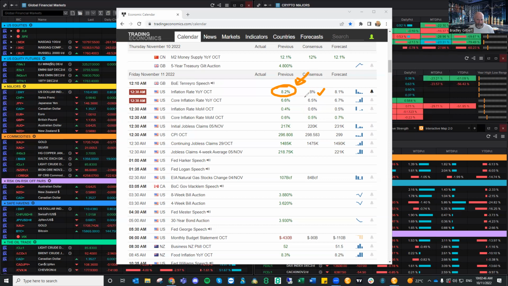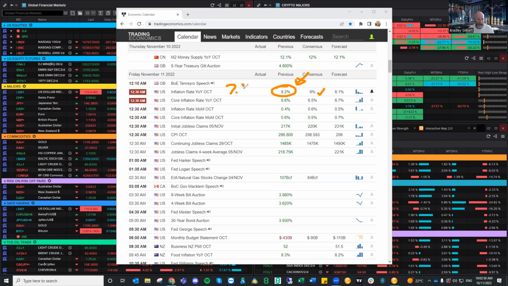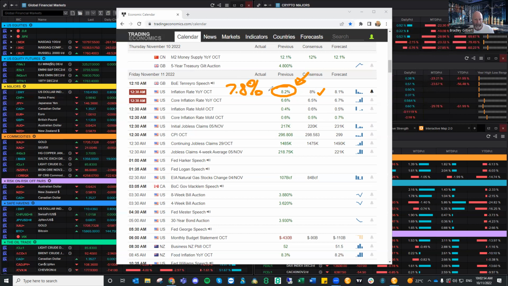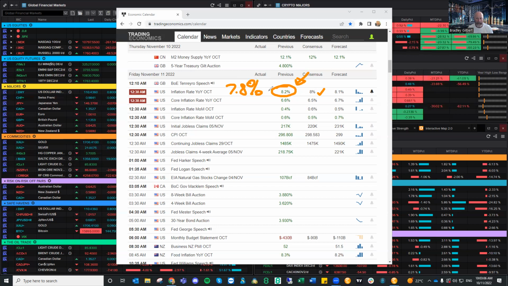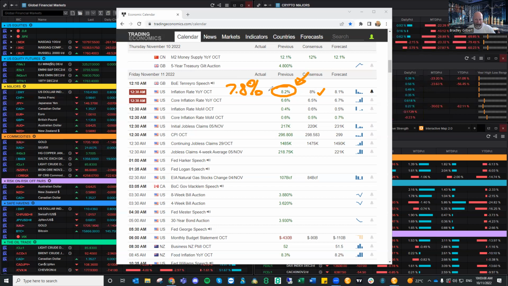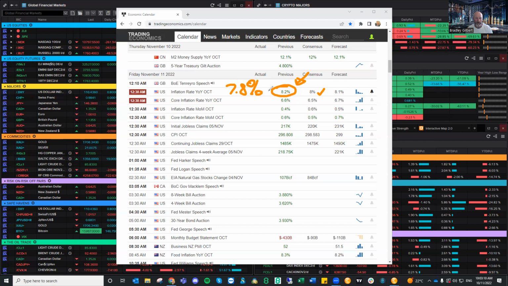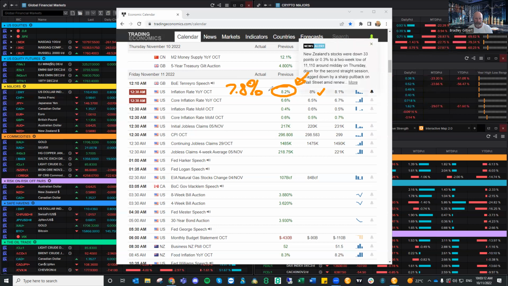But that being said, the consensus is 8%. If we get a number at, say, 7.8%, it backs up the weak unemployment rate numbers from last Friday. And all the media will be signaling this is the top of the market, the top of the cycle. It's going to take pressure off the Fed. Maybe we won't see them cutting rates, but maybe taking the pressure off these 0.75% increases. So that's what we have to look for.